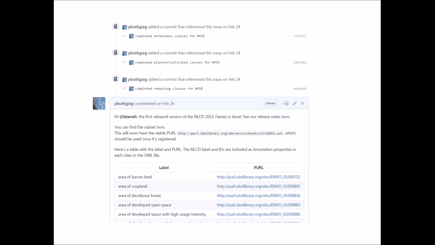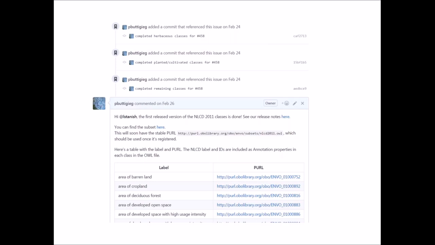So at the end of it, you'll see here a little table where those classes that they wished to be encoded have now been created. And you'll also notice that each class, each node in that knowledge graph, is web accessible. You can put those PURLs, or persistent URLs, into your web browser, and you will go to that class in the knowledge graph. This is, again, the externalization of knowledge. You can access that online, and machines can access that online in a persistent way.